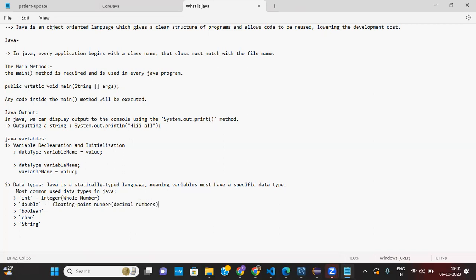And Boolean basically stores a value with two states, say true or false.